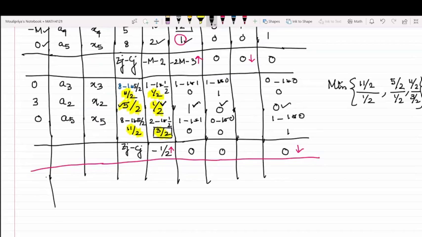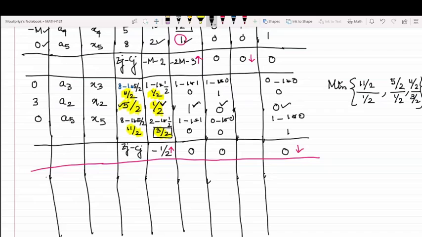So we will be writing out the third row at the very beginning because the third row would be new. The remaining rows would remain as they are. 0, A3, X3. This is 3, A2, X2. And this would be occupied by A1, that is, it's 2, A1, X1. Am I correct till this?